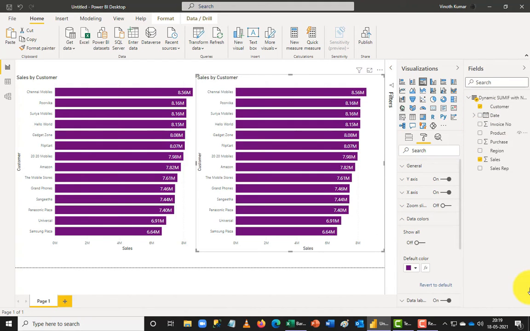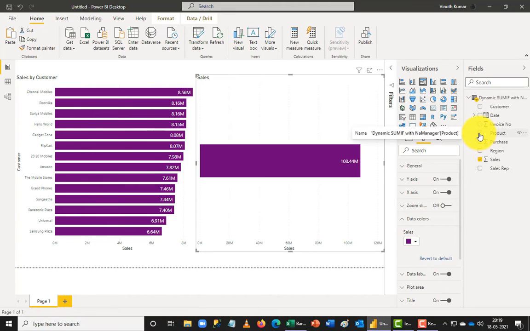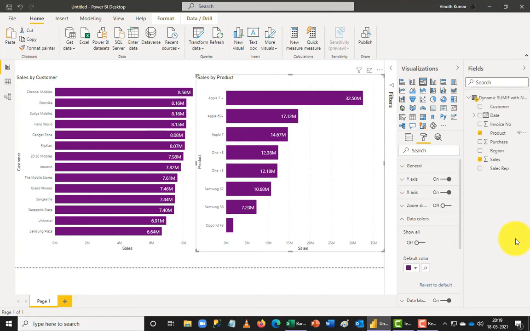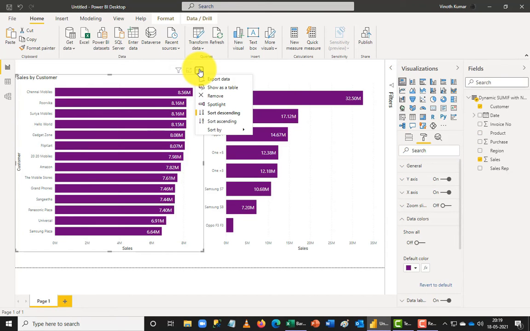So when I normally bring one dimensional data, I can work around with them better. So now I can just change this from customers to a product. So now this formatting is not changing, only the valuation changes here. And you can see the top product comes on top, the bottom products come on the bottom, and you can sort these charts better. I can just sort them by using the 3 dots on top. So here you can see that it is giving you an ascending and descending order.